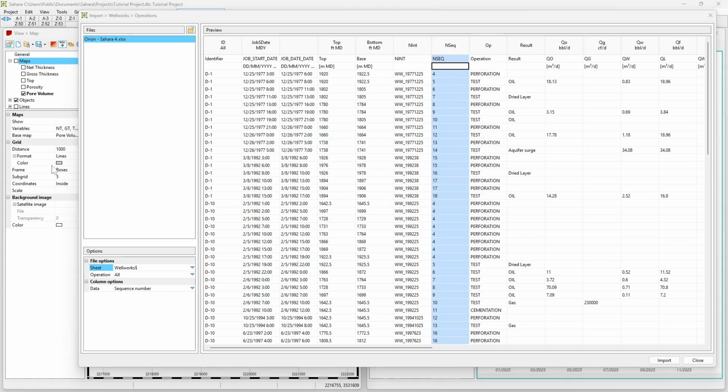Another consideration that you should have to avoid having extensive well works for all the operations is that if your import file does not indicate the well work number associated with the operation, you can see here that I have my well work ID. If I don't have this column, and all my operations have a different start date, what will happen is that Sarah by default is going to create a well work for each